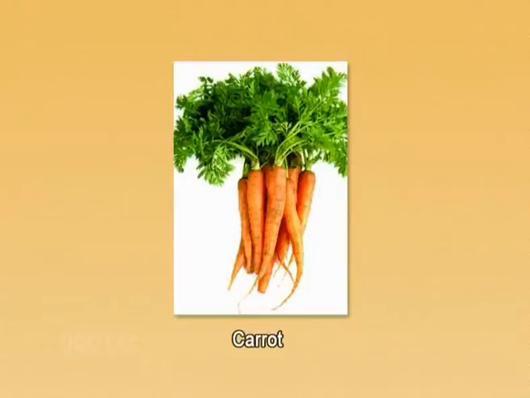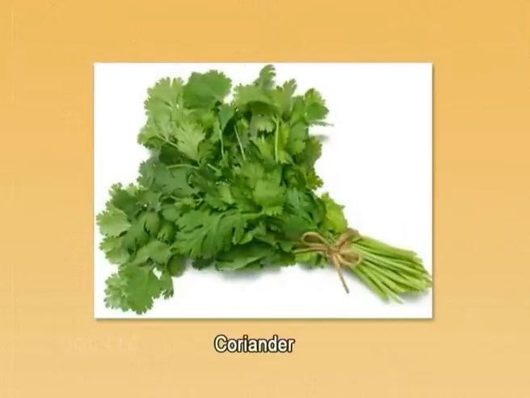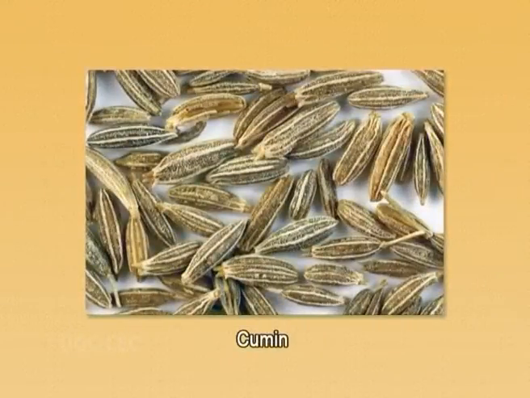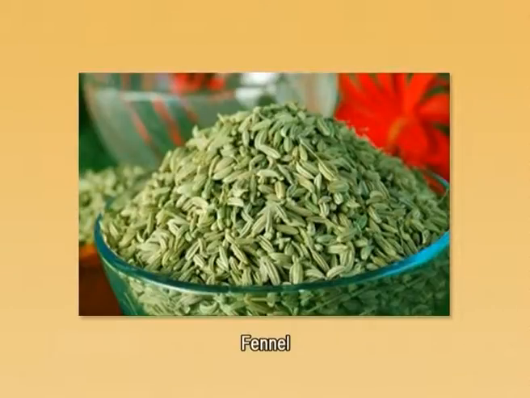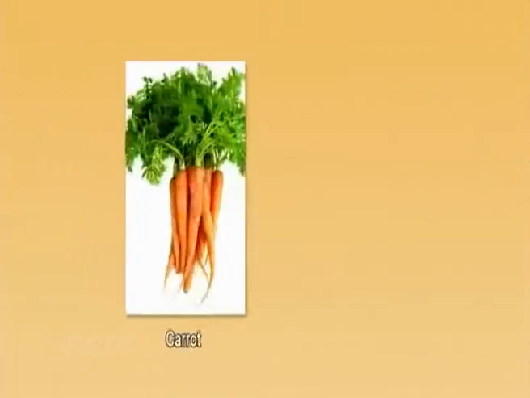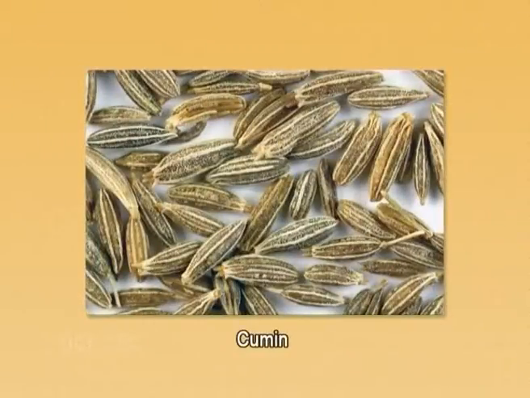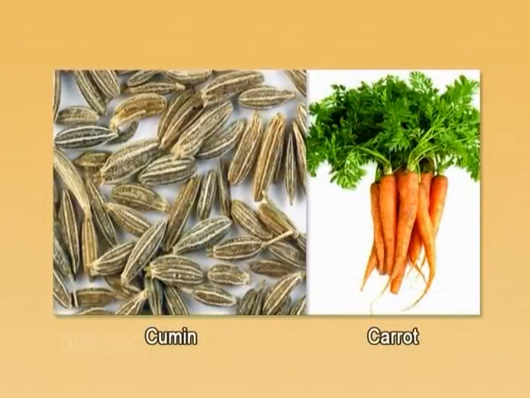Dear students, we all know about carrot. We eat it as a vegetable. We also know about spices like coriander, cumin, fennel, etc. These spices make our food tasty. Do you know? These different types of plants, whether carrot or cumin, they all belong to a single botanical family known as Apiaceae. So, let us today discuss this family Apiaceae.